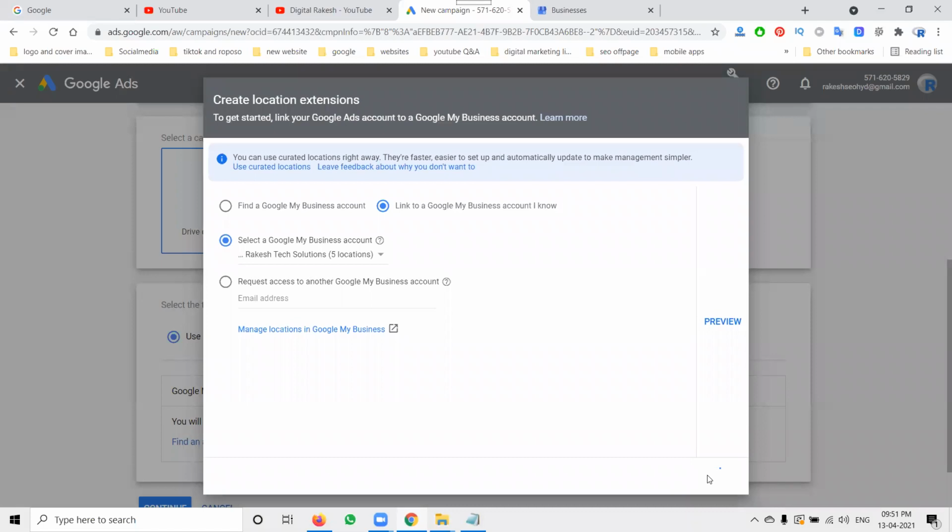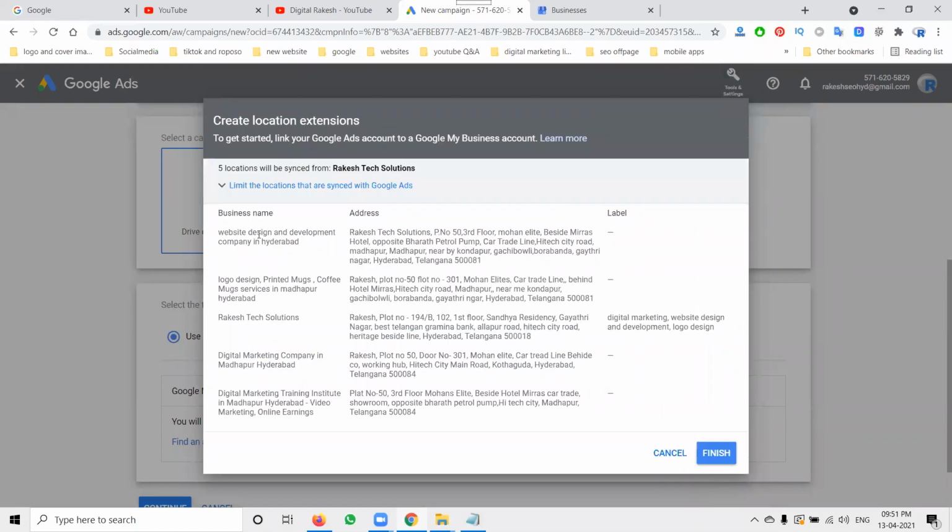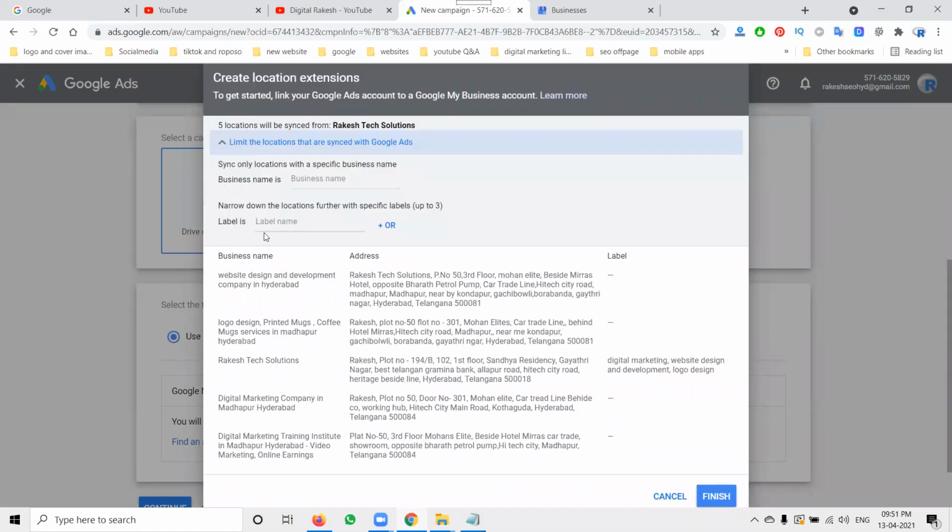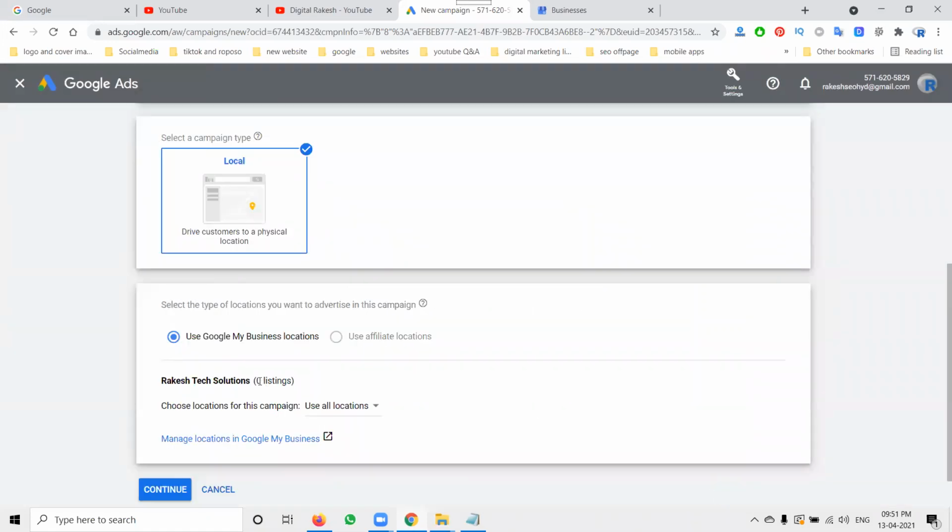In this continue, now I'll start with a particular address here. See this one. This is the particular location you are selecting for your option. Now click save. This particular listing will be selected for your option. In all the listings, use location group. Here is a particular option: use all locations, or use location group.